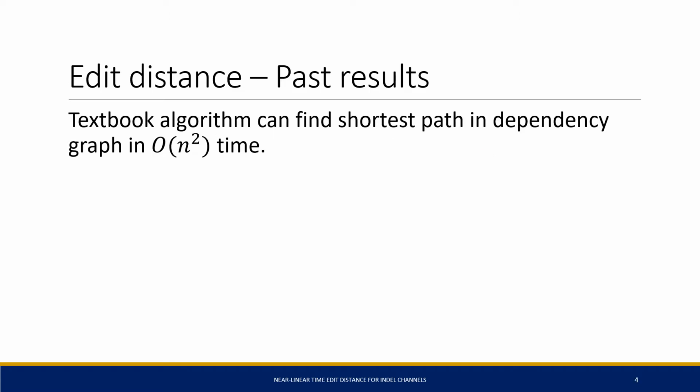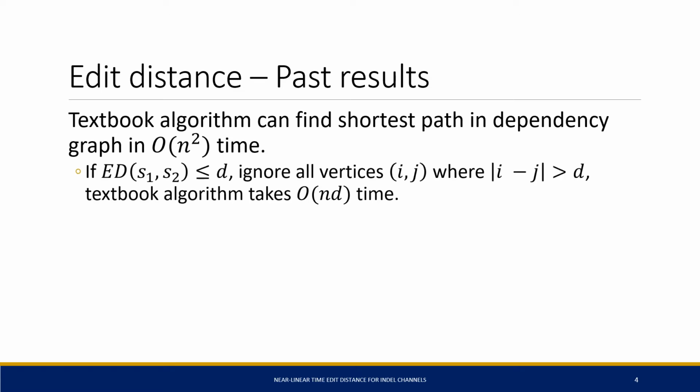So let's just briefly recap some of the past results on the problem. So of course, there's this textbook algorithm that can find the shortest path in n squared time. Now, if we know the edit distance is at most d, then we can ignore all the vertices whose indices differ by at least d. And so we'll be left with at most nd vertices, and so we can compute the shortest path in nd